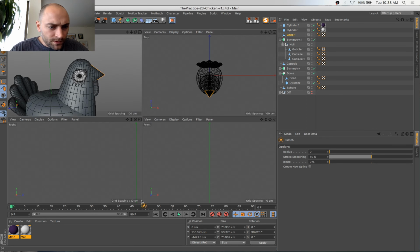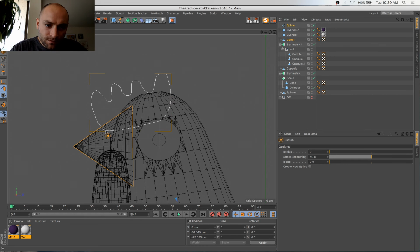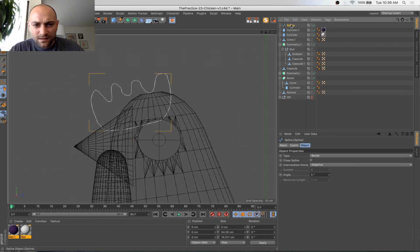I think what I'm going to do for this comb, just kind of freehand it in. Just draw this real carefully. I think that'll actually do first try. I'm going to clean up these splines a little bit, but